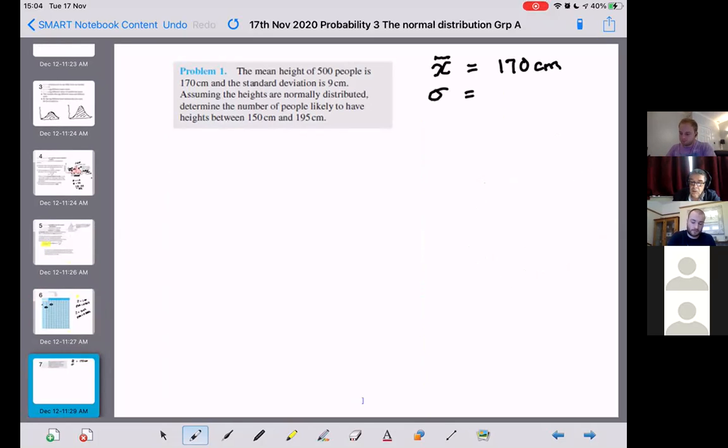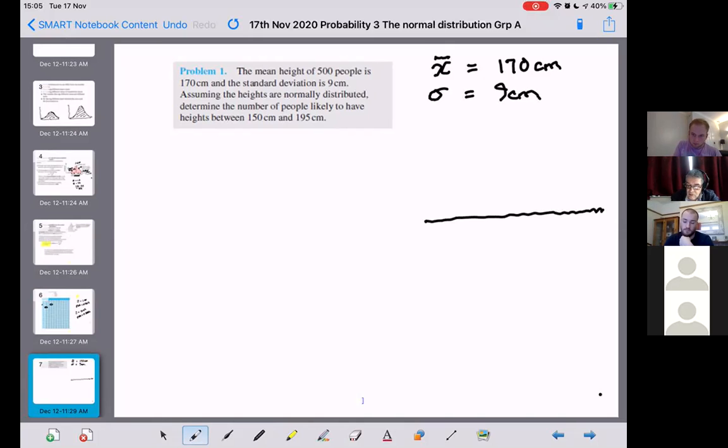So sigma is 9 centimeters. Assuming the heights are normally distributed, determine the number of people likely to have heights between 150 and 195 centimeters. Now, it's always useful to sketch this normalized curve